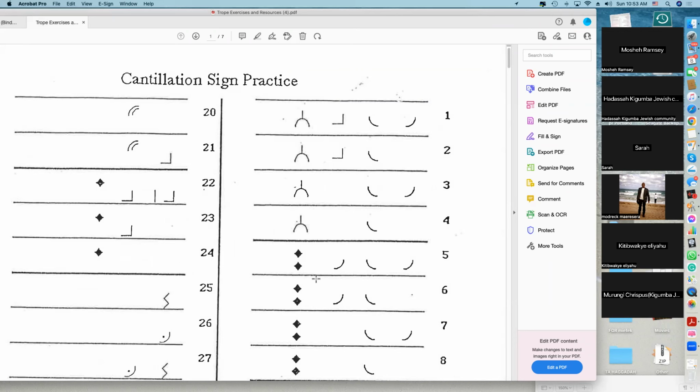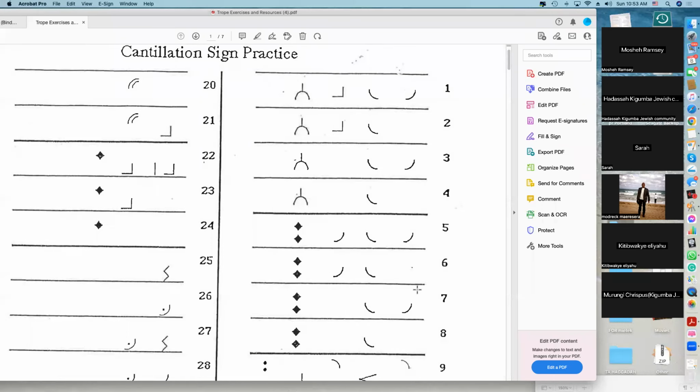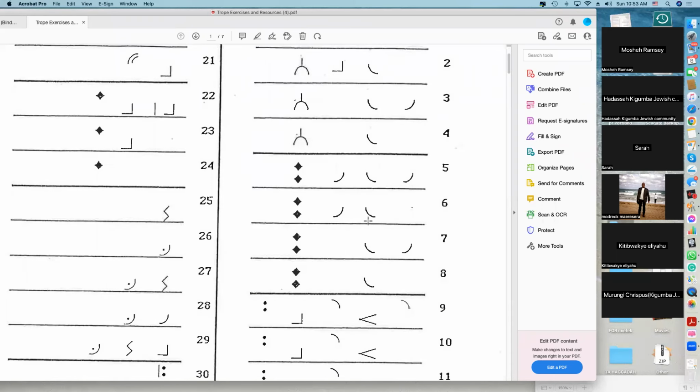So let's go on number 5. Repeat after me. Okay, everybody with me? Okay, here we go. All right, good. Mercha, Mercha, Tipcha, Tipcha, Mercha, Mercha, Sof Pasuk. Sof pasuk. Excellent. Let's do the next variation. Tipcha, Tipcha, Mercha, Mercha, Sof Pasuk. Sof pasuk. Excellent. Number 7. Mercha,